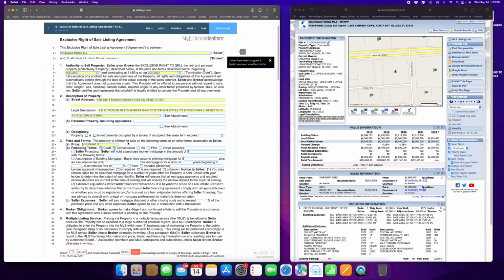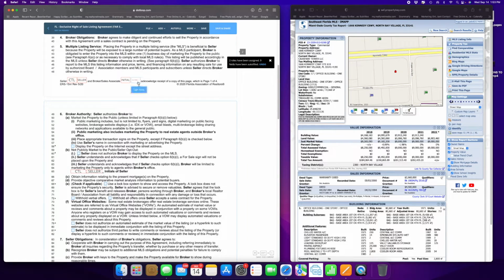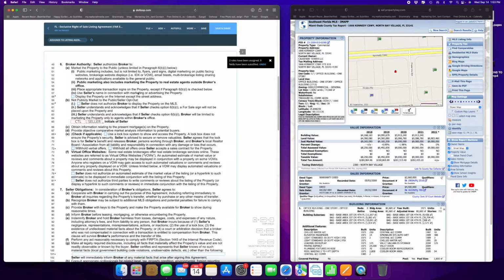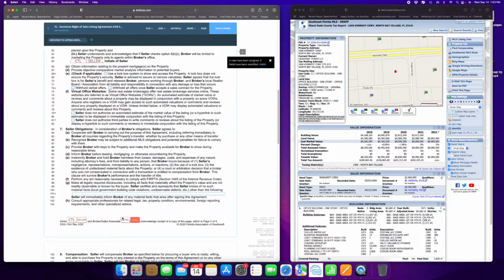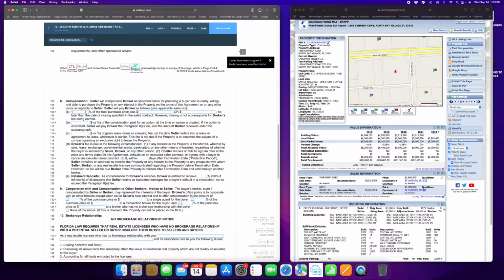Here you can put if there's a tenant in the property, or if there's no tenant in the property. That would depend on what the seller tells you. You're going to sign each page with the listing agent. In this case, it's going to be Nivaldo Soria, so I just go through it and I start signing. Here in number 8 is where you see the commission. The listing agent would probably tell you